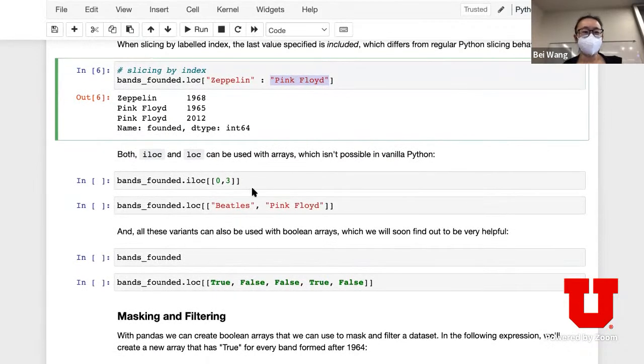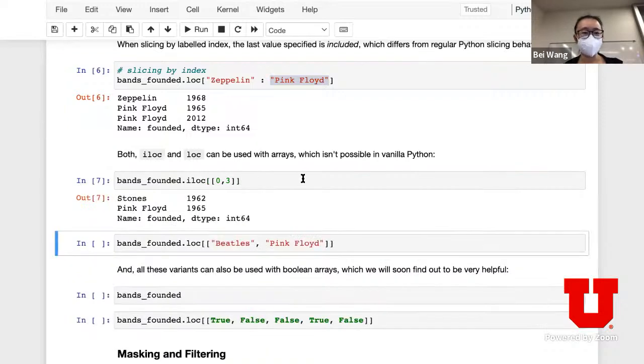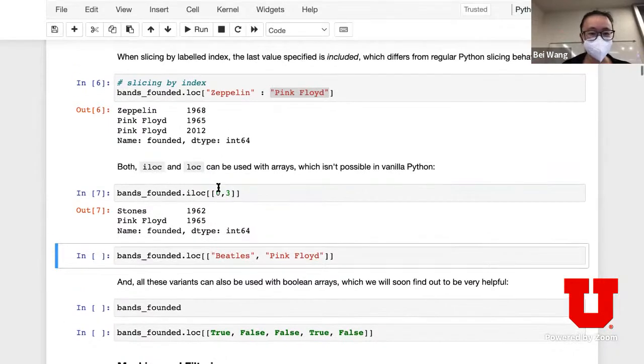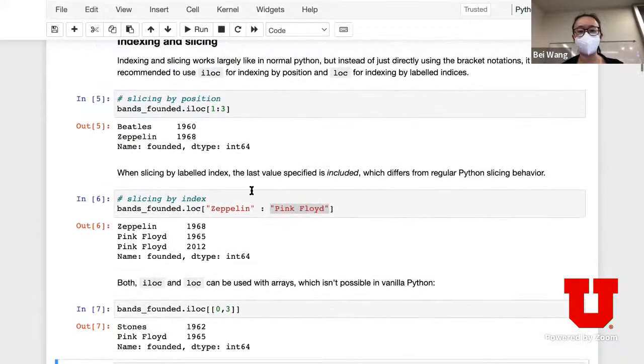The other thing you could do is a little bit unconventional. Let's first do iloc. If you go from 0 to 3, it's going to look at the records starting from 0, and you can index into this, treating it almost as an array.